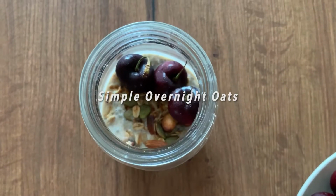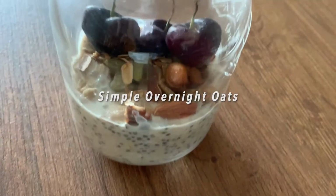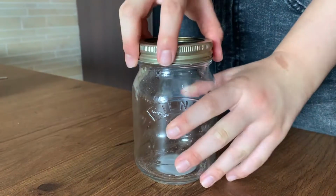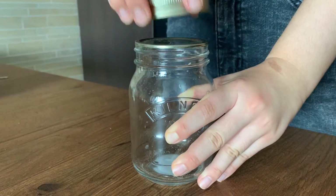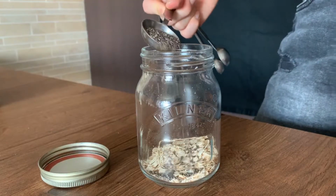Next up, we have some simple overnight oats. When I really hated oatmeal, I still enjoyed overnight oats. This is simply the easiest way to have oats since no cooking is involved, especially when you have a busy morning the next day. For the night before, in a mason jar, add a third of a cup of rolled